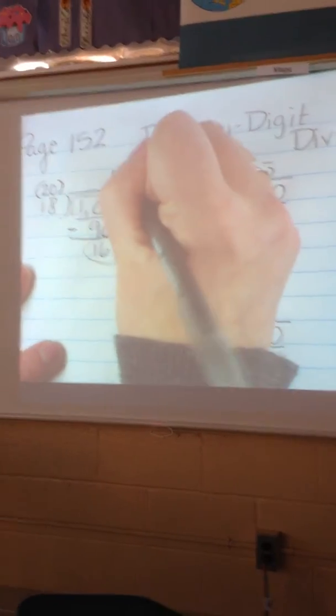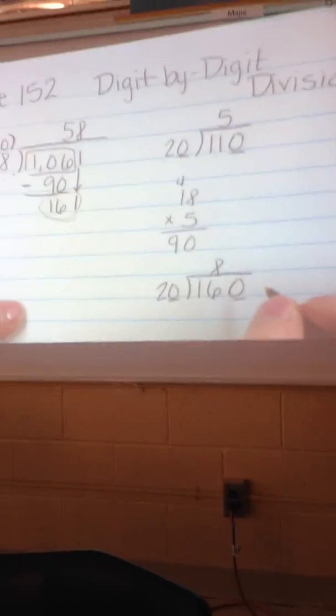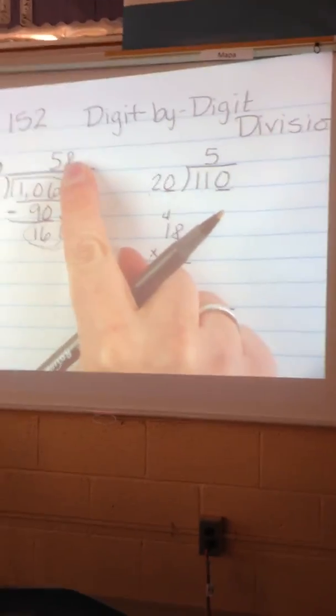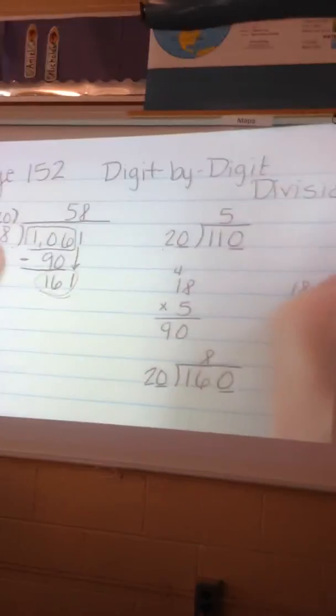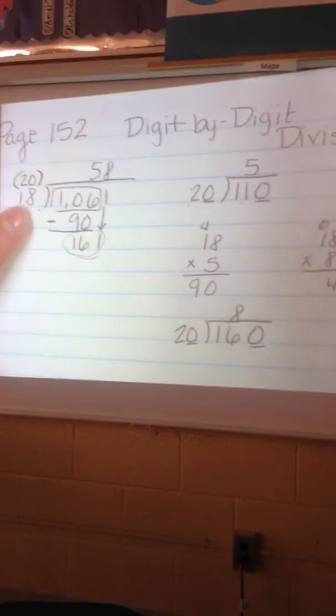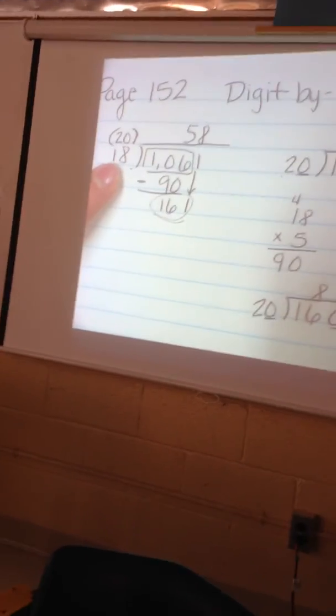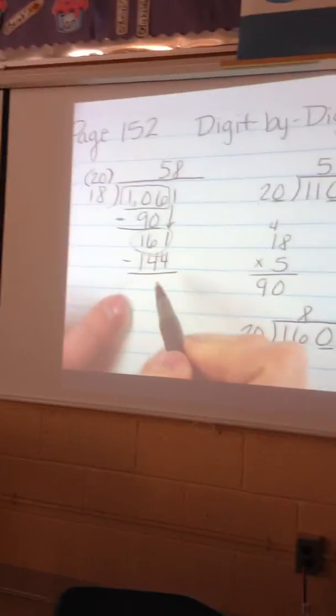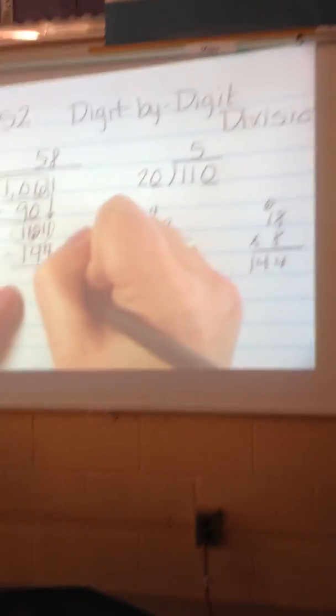So I put my 8 up here, and now I'm going to do my exact multiplication for 8 times the 18 off to the side. I think we might be losing space. Oh, that's okay. And I get 144, and then I do my subtraction, and I get